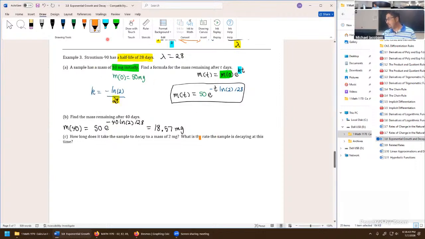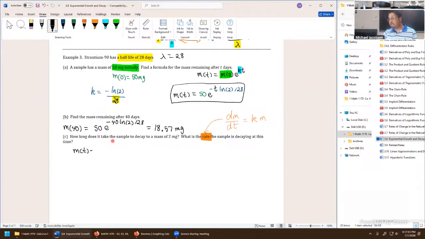This is where the calculus part comes up, and we need to recall that the derivative is already supplied. dm/dt is just k times m, or m at t if you prefer. Even if it's a decay model, the derivative is still exactly the same. So we'll use that formula there once we have the time. So 2 parts to this problem. How long does it take? Let's do the first portion, for the sample to decay to a mass of 2 milligrams.